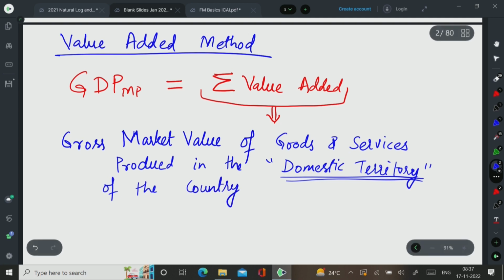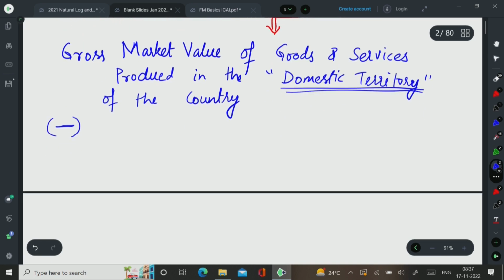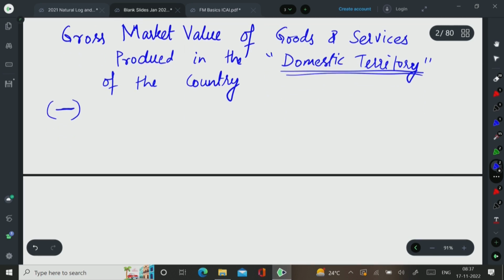And from that you have to subtract, what is that you have to subtract? Tell me. You have to subtract, I would again say, market value